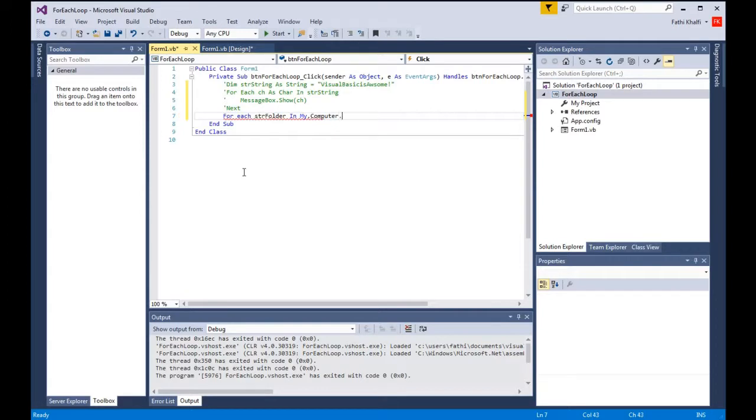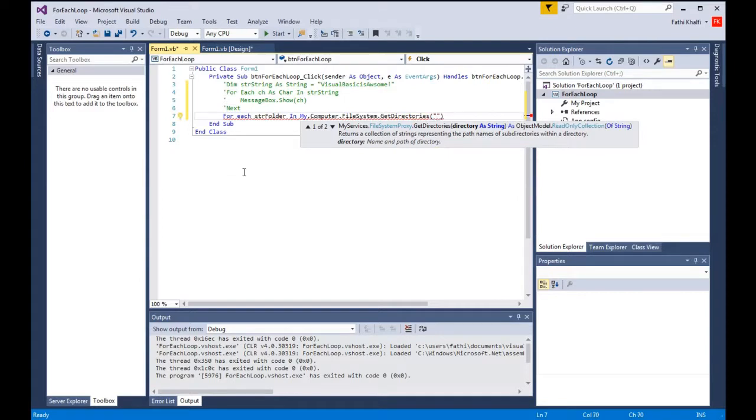Okay, then I'm gonna look for file system, then I'm gonna say get directories, and here I'm gonna tell it which directory to loop and get me the folders, and I'm gonna assign it to the C directory. So I'm gonna type C: